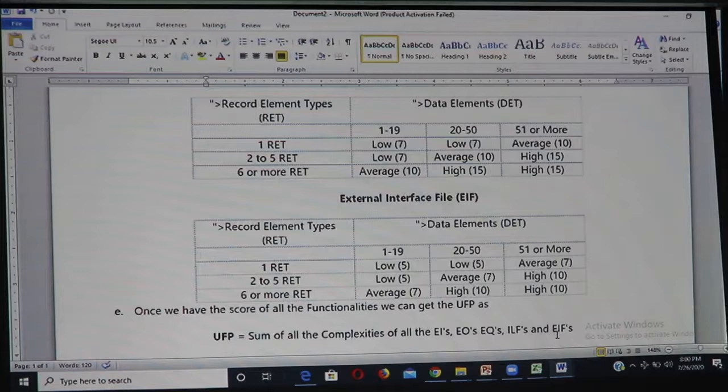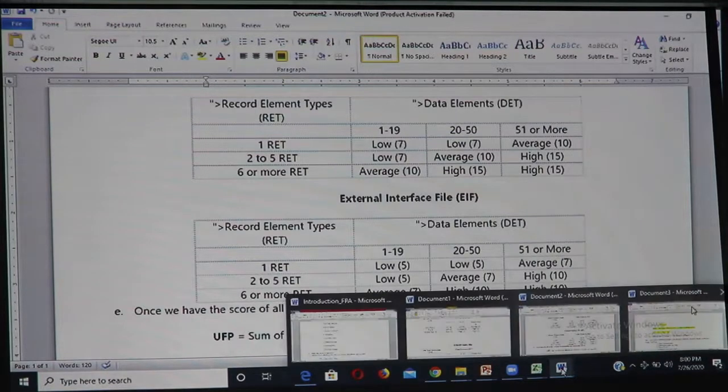Whatever complexities we have calculated from these tables, we just need to go on adding, and when we add the complexities of EIF, ILF, EI, EO and EQ, we get unadjusted function points.